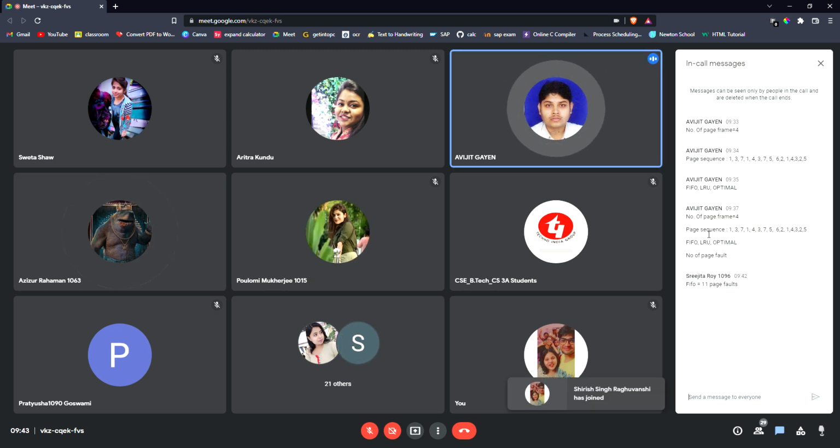I'm basically asking that if you have 4 page frames in your cache memory and this particular sequence of pages is being asked, then how many page faults will there be in your system using these algorithms: FIFO, LRU, and optimal. FIFO means first in, first out. LRU means least recently used, and optimal.